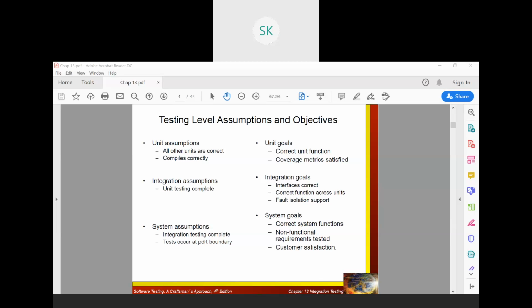In that case, with respect to each communication from the front end design to the query language, if you extend your forms, it should result in the same thing. And tests should occur at the port boundary. That is what we are aiming at. We are going to deal with your hostel management, and with respect to the hostels, only those inputs available are what we need to work for. We cannot worry about the remaining things. Next, the system goals: if you look into it, correct system functions.